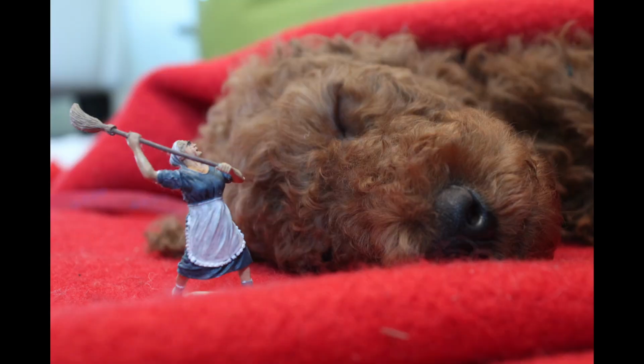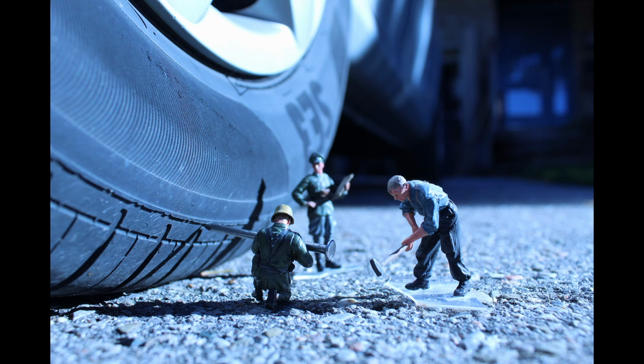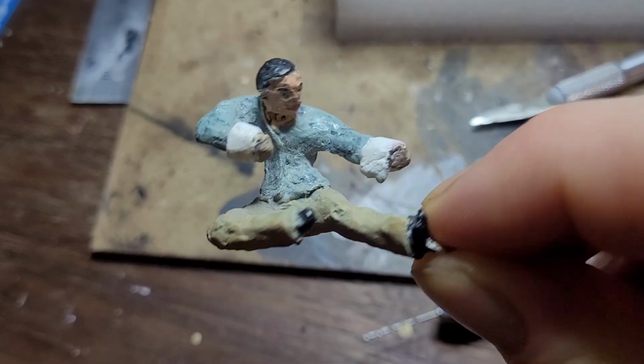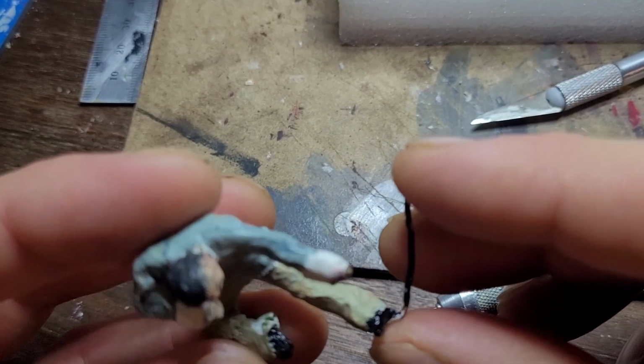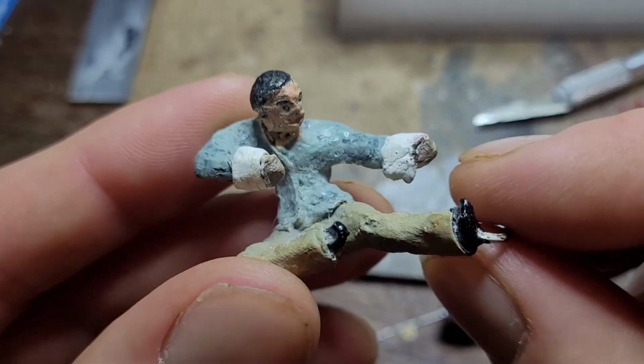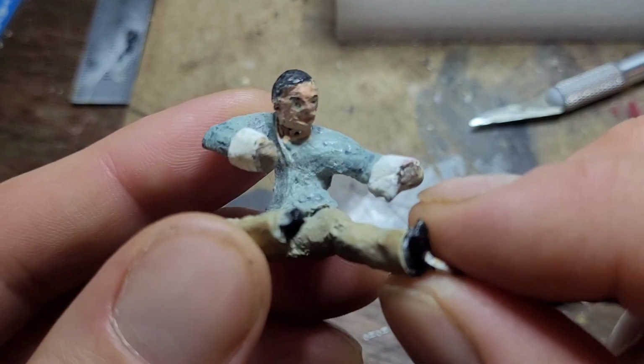My first attempts at making my own figures were kung fu fighters. The reason I chose this subject was because I felt that the costumes would be easy, and there would be plenty of opportunity for expressive poses. This is the first figure I made that I could honestly say that I was happy with. He was sculpted entirely using green stuff, and while I've learned a lot since then, I feel that this was